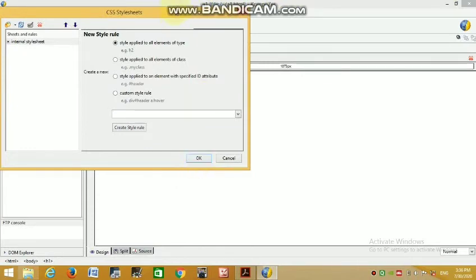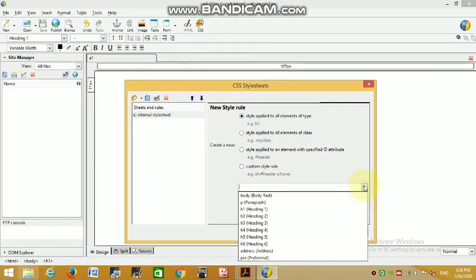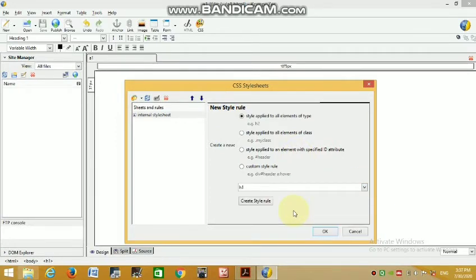Now you can see the CSS style sheets. You can see the dialog box of the CSS style sheet. Okay, now we select the H1 tag here from the drop down list.